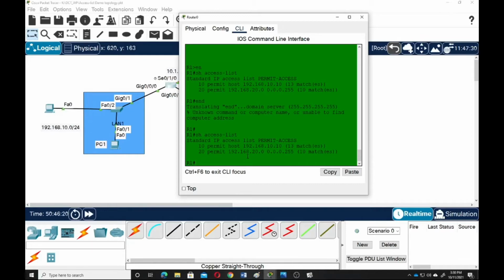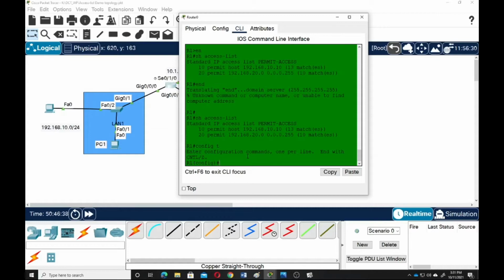So what we're going to do now is to secure the router 1 from being accessed via telnet. So we only allow one computer, which is PC1. So go to global terminal and then username. We'll create a database for the username, which is admin. Password secret class,